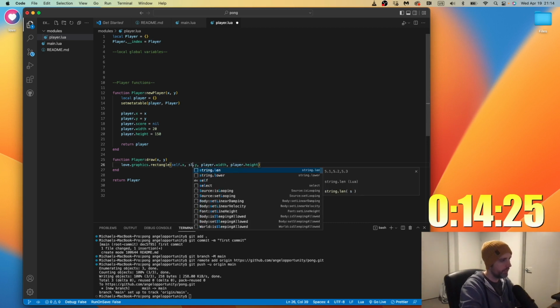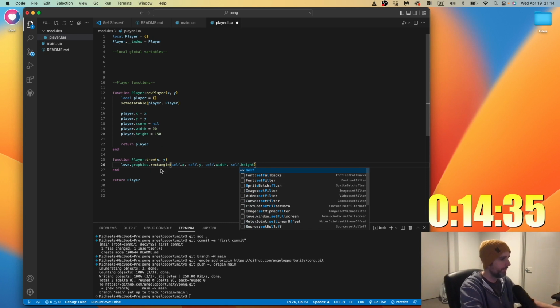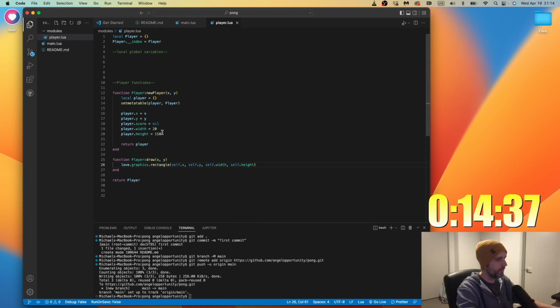When you're doing these class structures in Lua, it's really kind of confusing, and I don't have a great way of explaining it. But in the constructor we do say player, and it's confusing with this uppercase and lowercase stuff. Basically, this is an instance of player.